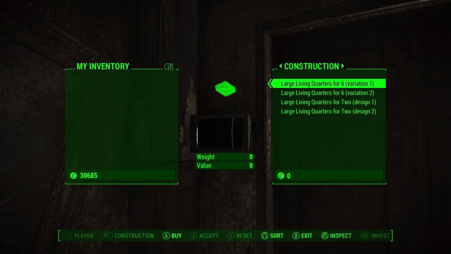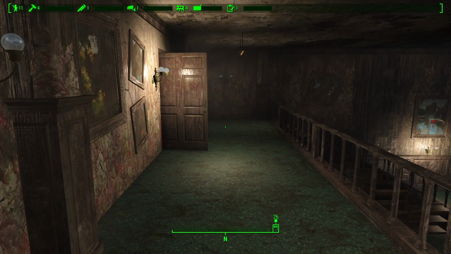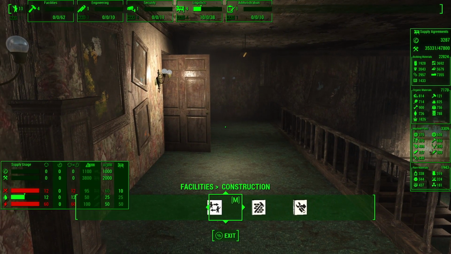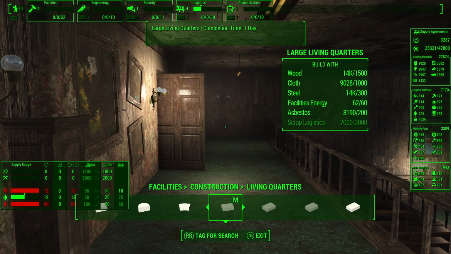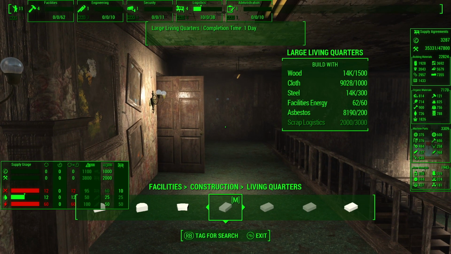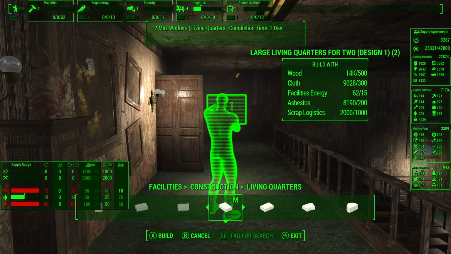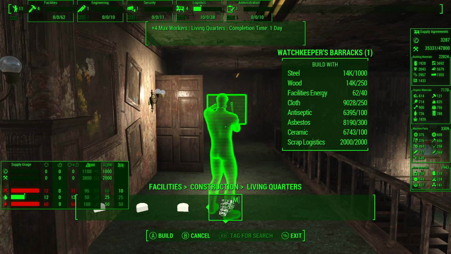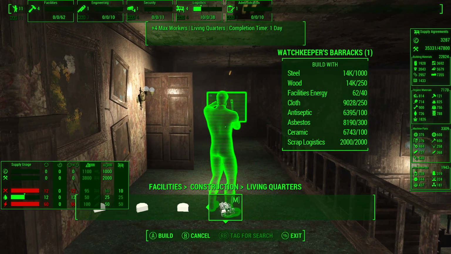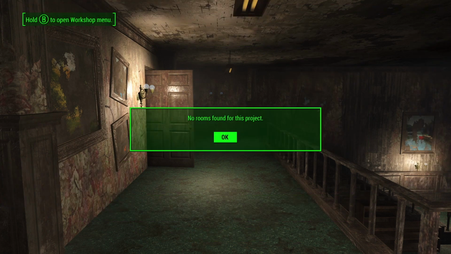And it was a long journey, but this is what I meant by do one better. Large living quarters for 6. So I'm going to leave this menu, and then I'm going to come into command mode. And this is why we need extra supply agreements. Large living quarters require 3,000 scrap logistics. Two only needs 1,000, but we want more people, not less. Ooh, also, I'll show this. We got the Watchkeeper barracks to +4. We have enough scrap logistics for that, so we'll let that work while we set up...